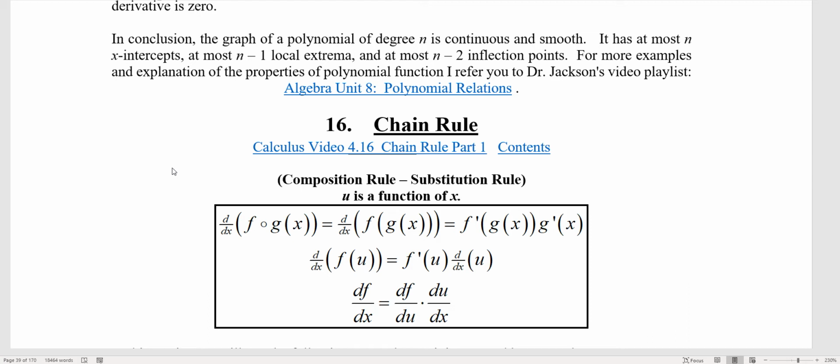So the derivative of f composed g of x, that is the derivative of f of g of x, is f prime of g of x times g prime of x. Or the way I would like to think of it in the problems coming up is if we have a